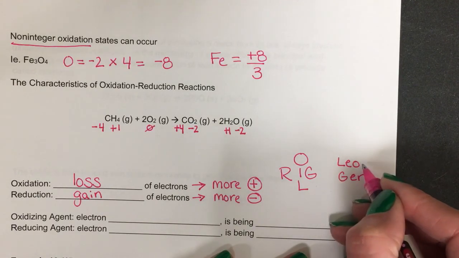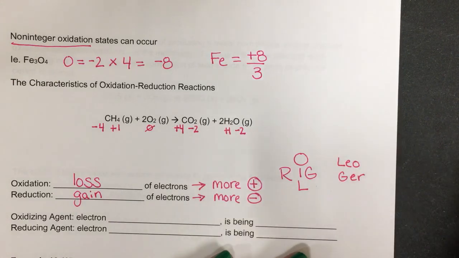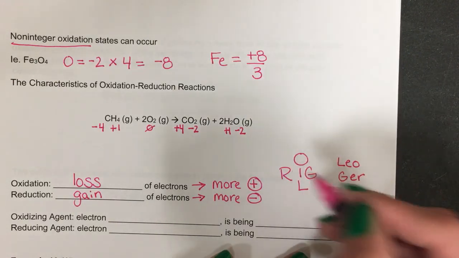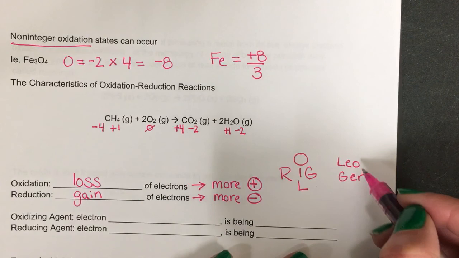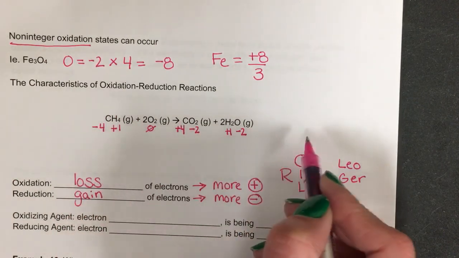Loss of electrons is oxidation. Gain of electrons is reduction. I like this one better. It's just a little simpler, but a lot of people learn it. LEO the lion goes GER. Either way works. So what I want to do is I want to look at my reaction, and I want